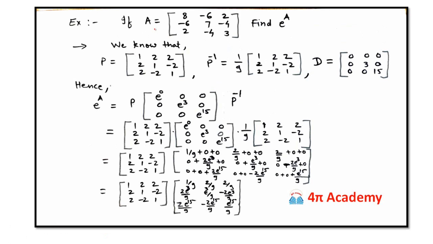So again, let us take the same example which we have discussed earlier for the matrix A, which is 8 minus 6 2 minus 6 7 minus 4 2 minus 4 3. Find e raised to power A. Find the exponential of this matrix A. So we know that we have already calculated the modal matrices. So modal matrix for this is 1 2 2 2 1 minus 2 2 minus 2 1, and the inverse of this modal matrix we have also calculated it, and we have also found out the diagonal of this matrix. So this e raised to power A will be equal to P into